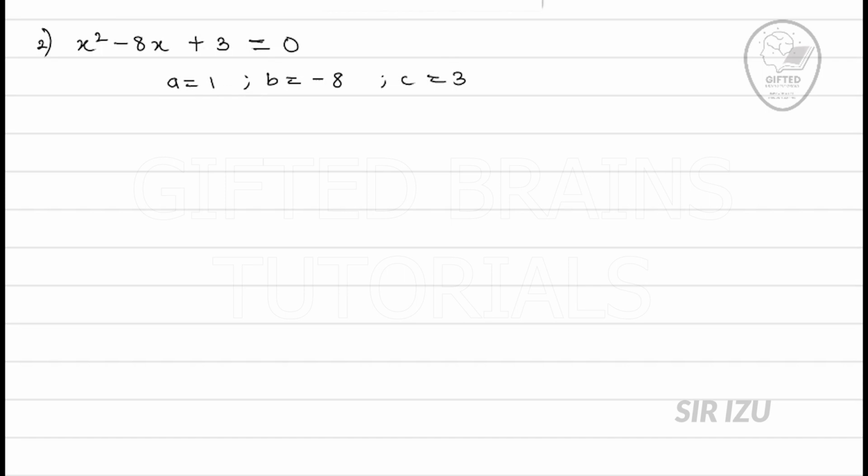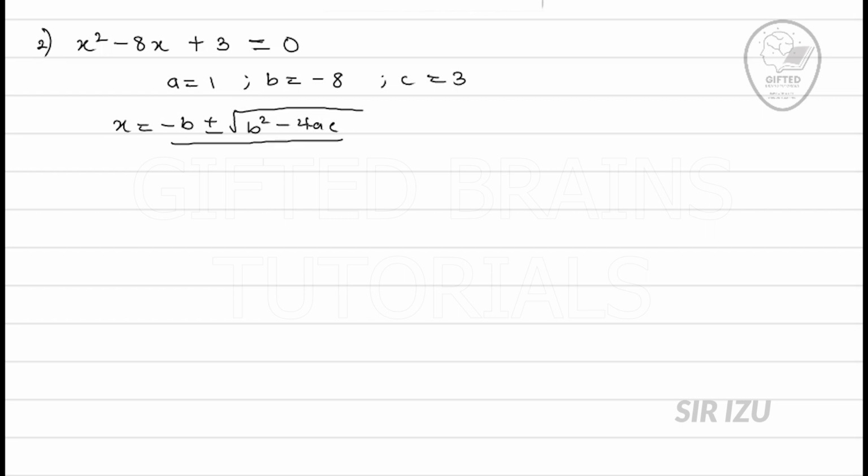Number 2 says x squared minus 8x plus 3 is equal to 0. We know obviously our a is 1, the coefficient of x squared. Our b is minus 8, the coefficient of x. And the constant in the equation is 3. That's our c. So we just go ahead again, that x is equal to minus b plus or minus the square root of b squared minus 4ac